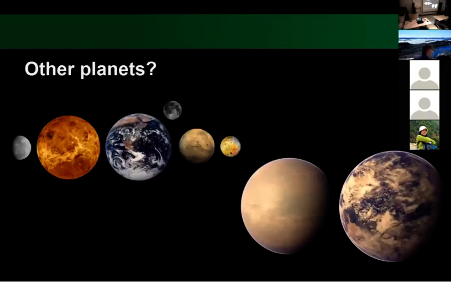So the next part of this talk, we're going to talk about thinking about the same concept for other planets. Because if heat pipe cooling could be generally working on Io, and it might have worked on early Earth, then we wonder if it could be a universal process for terrestrial planets generally. So we're going to look at the other planets,